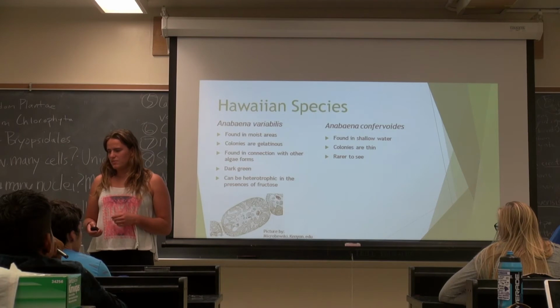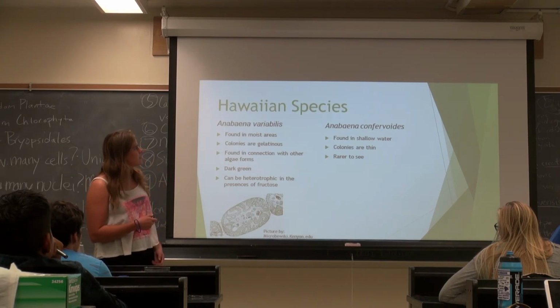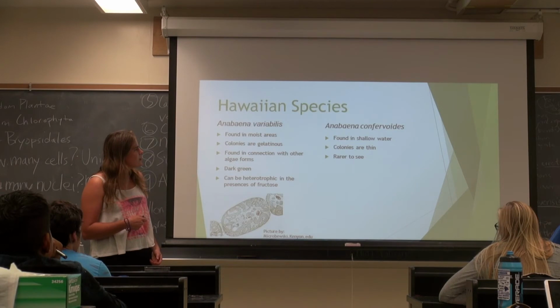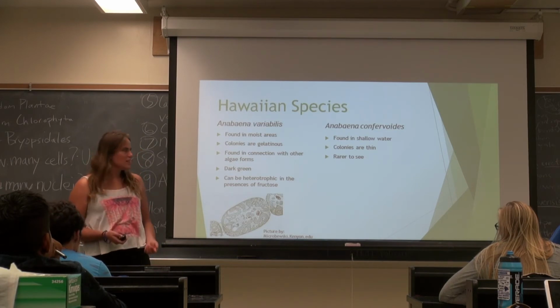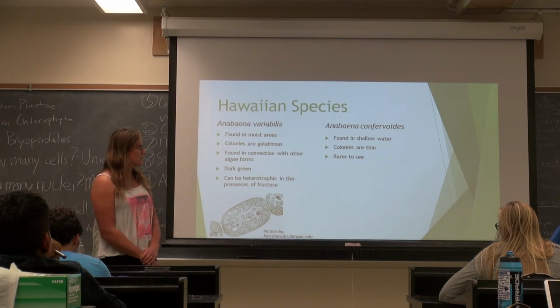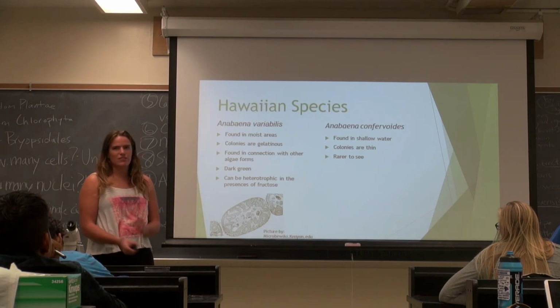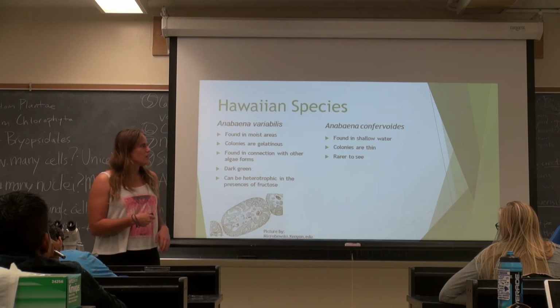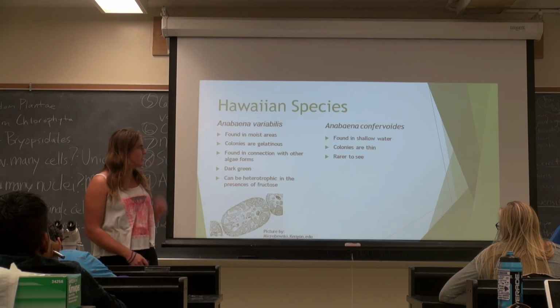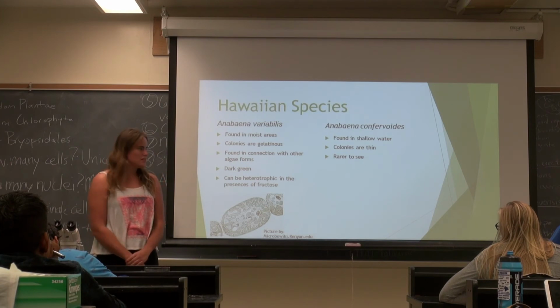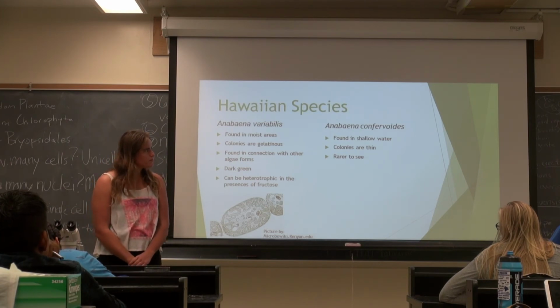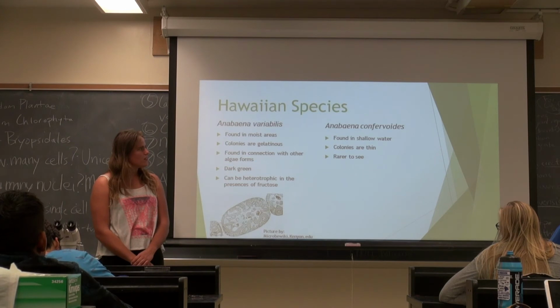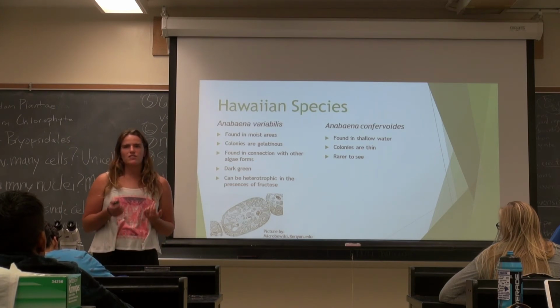And here are some species, which includes Anabaena variabilis, found in moist areas. They're gelatinous. Their connection with other algae forms, so that was the symbiotic relationship kind of, and that's also found in Anabaena oryzae as well. And they're dark green and can be heterotrophic in the presence of fructose. And Anabaena oryzae is kind of more rare, but it's also found